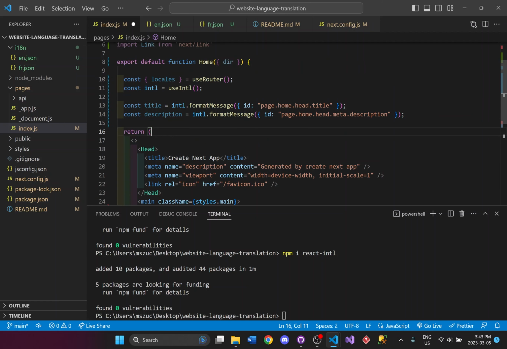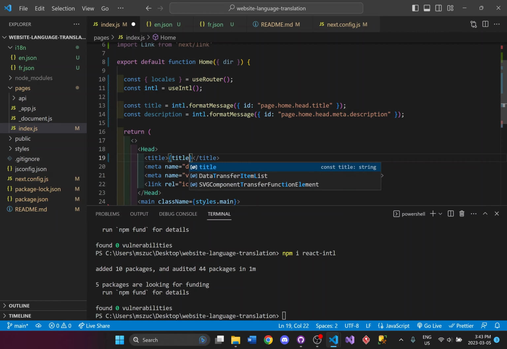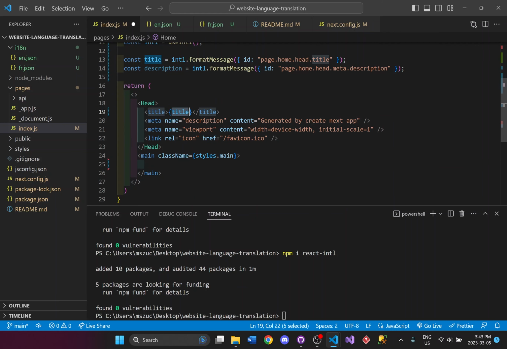And what we're going to do is, for this title right here, we want to use whatever we grabbed from our .json file, and we're going to use this variable to replace what we have here, and use a curly brace and just say title here. So now we can place the title in our home page. And then also for content, we're just going to add the description.